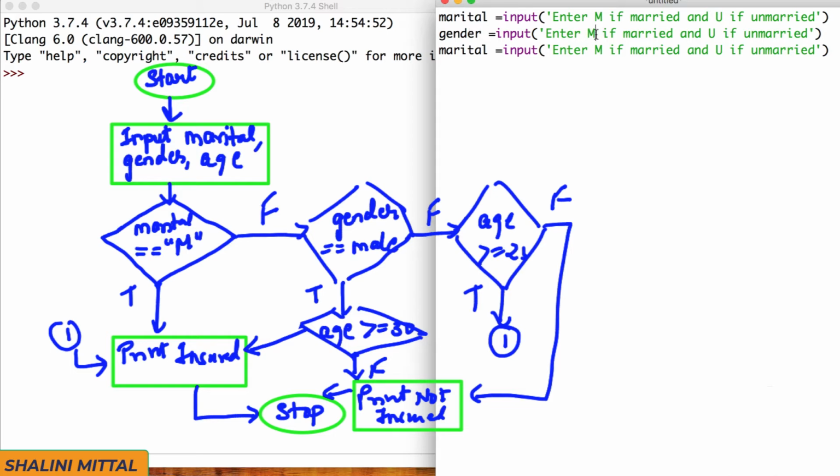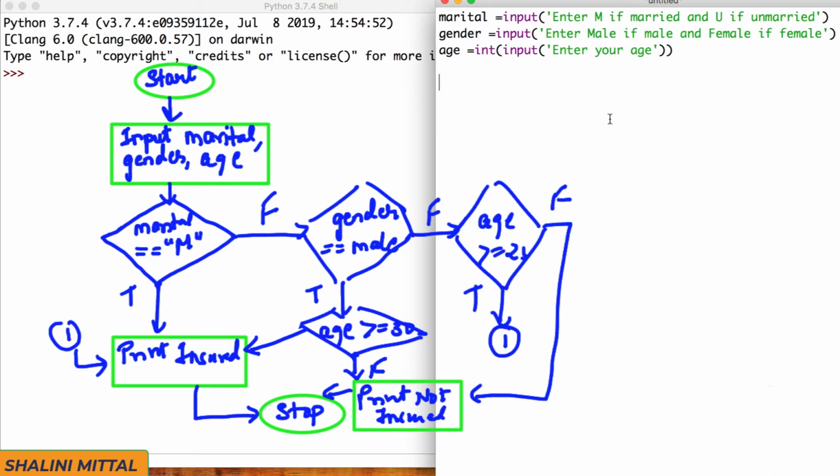So I can say enter male if male, and I'll say enter female if female. And then we'll need age. Age is going to be an integer and we'll say enter your age.